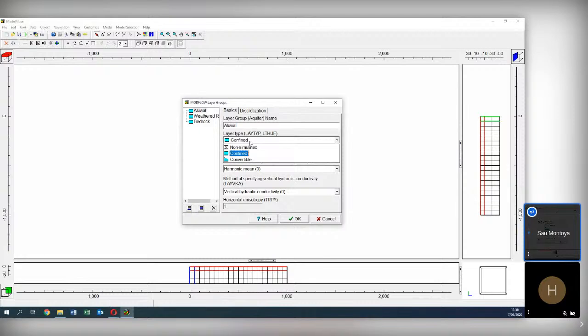And the interblock transmissivity is calculated from the whole layer thickness, while in convertible the cell interconductivity is calculated from the wet fraction of the cell.